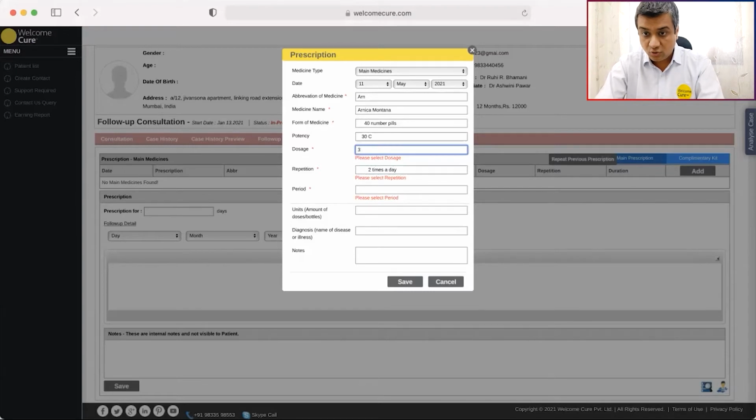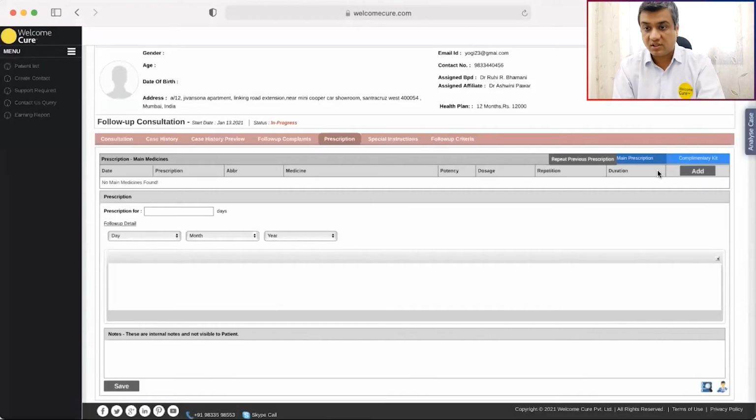A new record you can also create. When we talk about period, whether you want the medicine to go for 1 month or 3 months, everything can be written. As soon as you save, the record automatically comes under the prescription section.